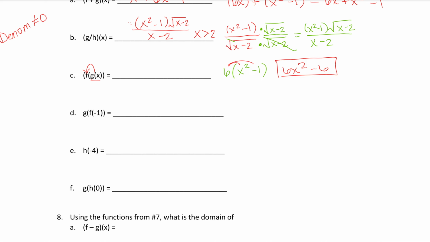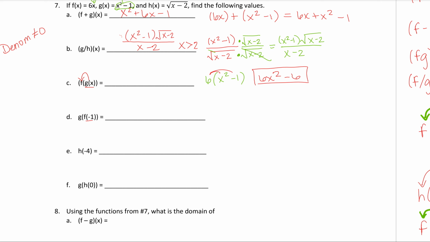Now, I'm giving you a value to plug in. You're going to find f of negative 1 first. So f of negative 1 is equal to 6 times negative 1, which gives me negative 6. Now, I'm going to take that negative 6 and use it for g. So I have g of negative 6. I'm going to say negative 6 squared minus 1. Negative 6 times negative 6 is 36. Minus 1 gives us an answer of